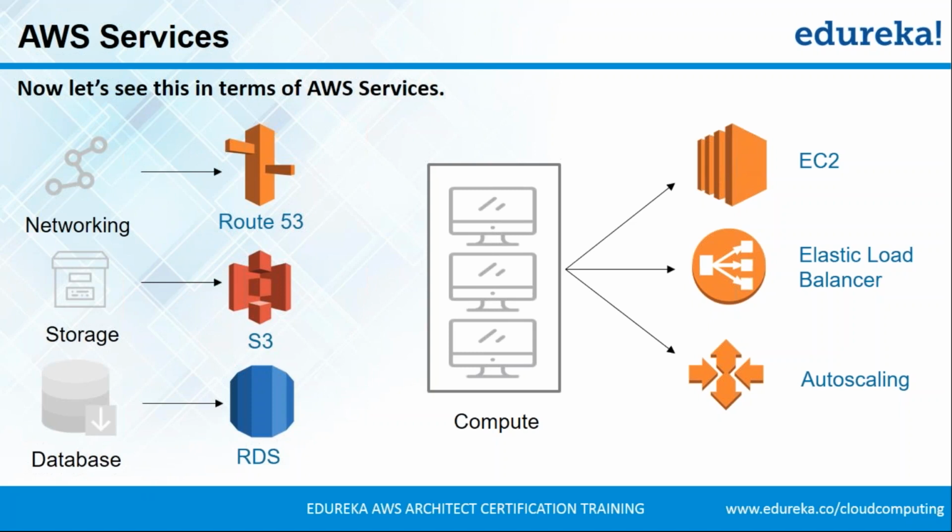Next up, we have the compute domain. So the compute domain would include services like EC2, which will host your website onto it. And then since your website should also be scalable, right? So let's address the three problems which we just discussed. So our setup was expensive, our setup was very difficult to scale, and we had to monitor and maintain our servers, right?